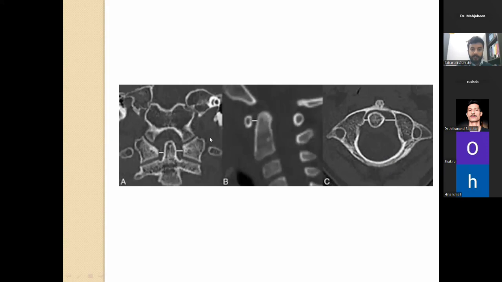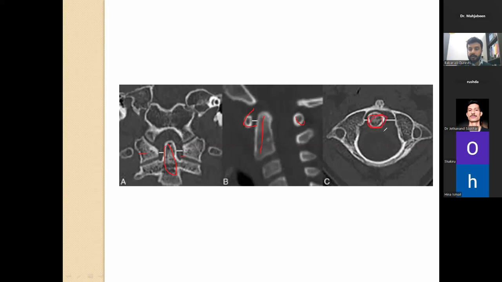This is the third view that we have not commented on till now. This is the coronal cut in which we can easily identify the C2, C1 arch. In the sagittal view, we can see this is the odontoid process, this is the C1 arch. And when we look at the axial cuts, just by looking at this odontoid process, that is actually coming into